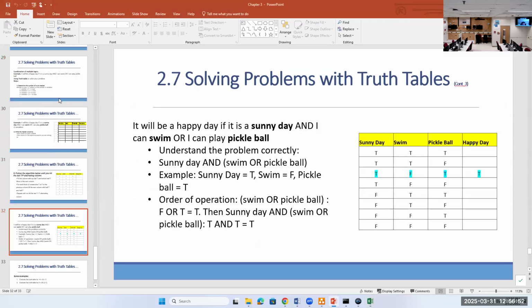Right? So basically, you have to understand the problem. You have to identify the swim or pickleball first. You have to practice them together, right? And after that, you do the AND with the sunny day here, right? If you do not sum in the order, you will not have the correct output here, because whenever you have the not sunny day here, you know,